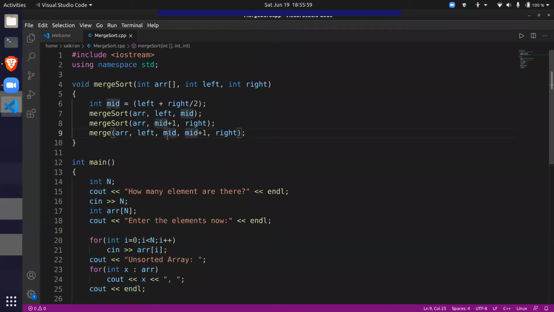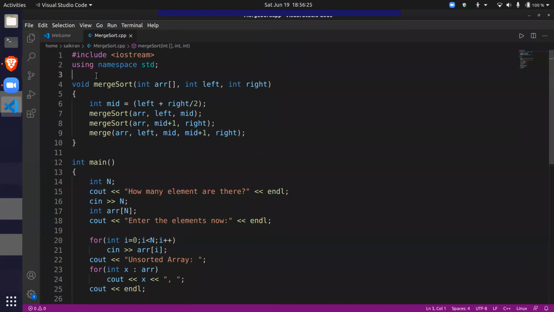Since there are two different partitions in the same array, I need to mark the boundaries of those partitions. So the left part is from left to mid, right part is from mid plus 1 to right. So this is it, right? We divided the problem into two parts, solved it, and we combined them.